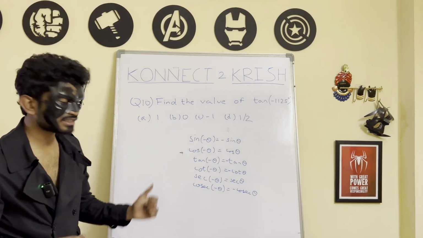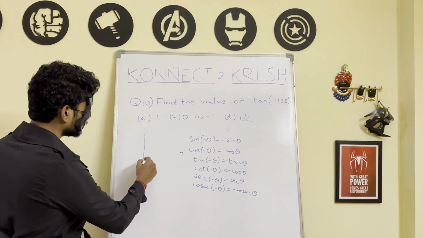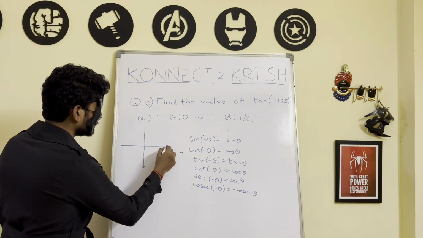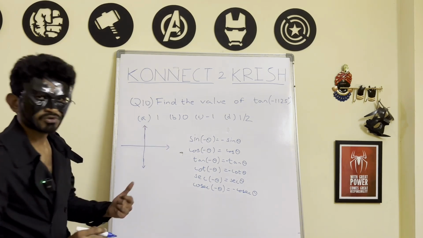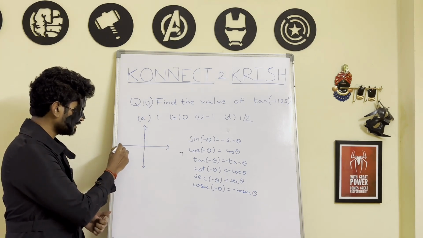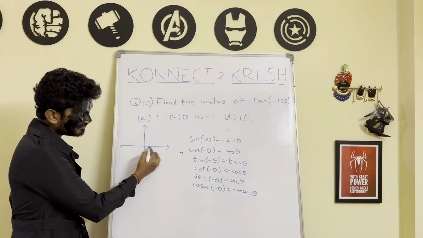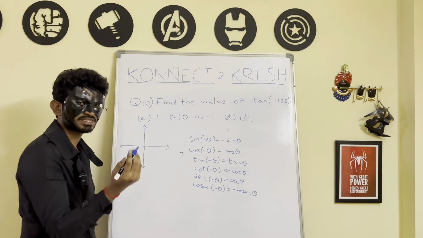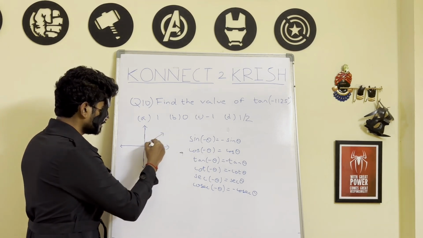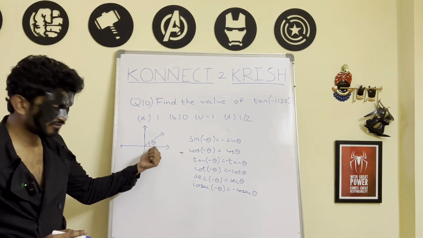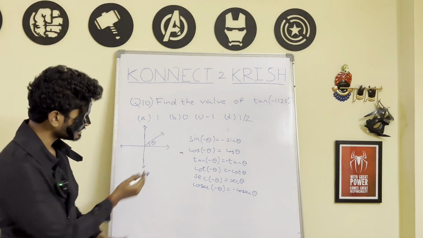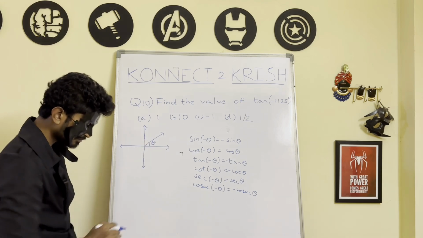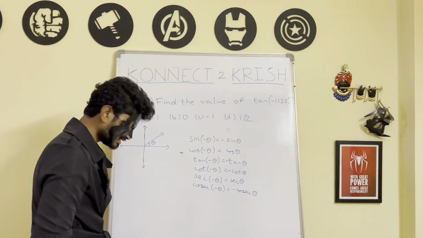Minus theta is nothing but, as I already taught you, consider the Cartesian plane. Generally we calculate angle in the anti-clockwise direction from the positive x-axis, that is the general norm. Suppose theta is the angle from the positive x-axis in the anti-clockwise direction. But what is minus theta? Minus theta is nothing but